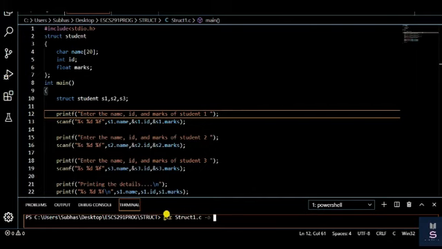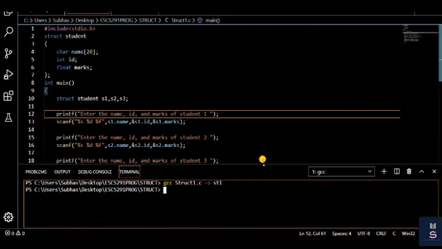We know that to give a new output file name we always use -o. So here the new name is st1, right? Let me compile this. Compilation is done, there is no error. And if I want to execute, I type ./ and the new file name. My new file name is st1.